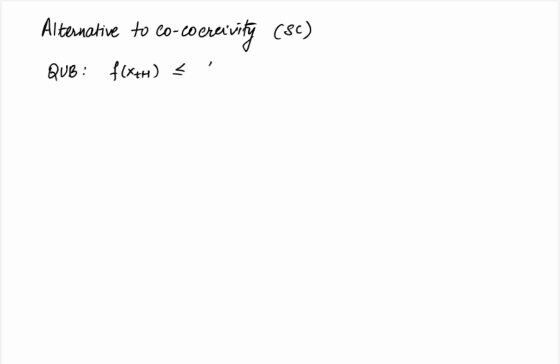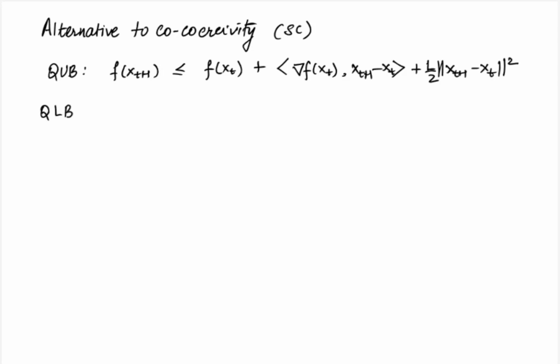We begin our proof by deriving the alternative extended co-coercivity condition for the strongly convex case. So as in the convex case, we write down the two properties of interest. Quadratic upper bound, which is that f of x_{t+1} is less than or equal to f of x_t plus the inner product of gradient f of x_t, x_{t+1} minus x_t, plus L by 2 norm squared of x_{t+1} minus x_t. And the quadratic lower bound, which is that f of x_t minus f of x star is less than or equal to the inner product of gradient f of x_t, comma, x_t minus x star, minus mu by 2 norm squared of x_t minus